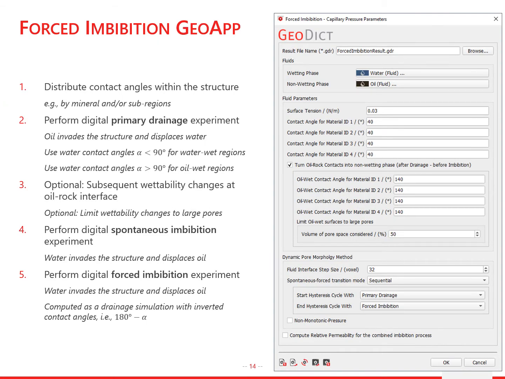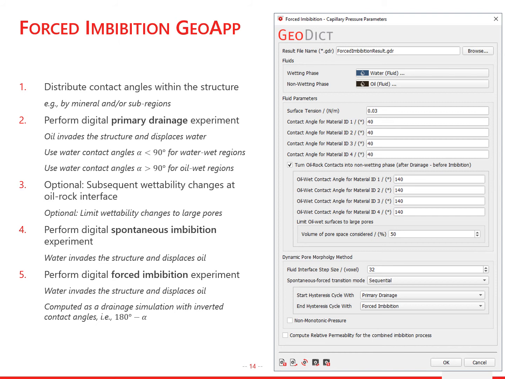The spontaneous and forced imbibition are simulated by two different kinds of simulations. To make the handling and post-processing easier, we developed a forced imbibition GeoPython app that does all this for you. So you can see the graphical user interface of this GeoPython app on the right side. This app allows you to specify contact angles for different regions or minerals within a structure and performs a primary drainage simulation.